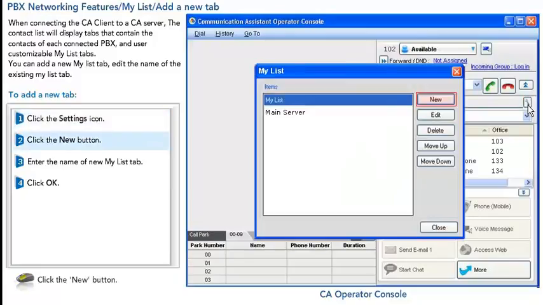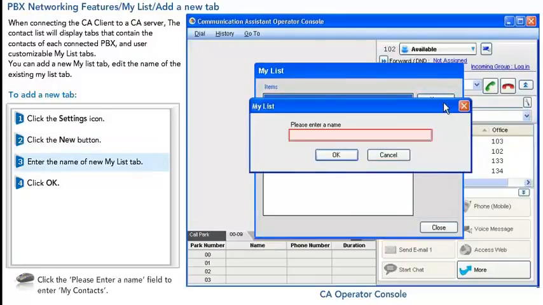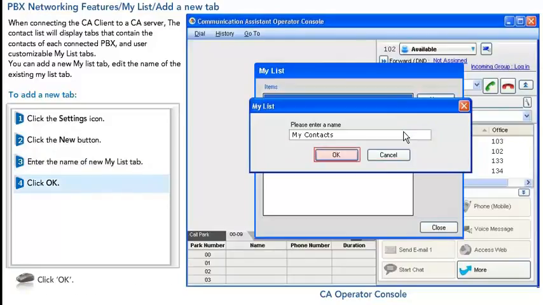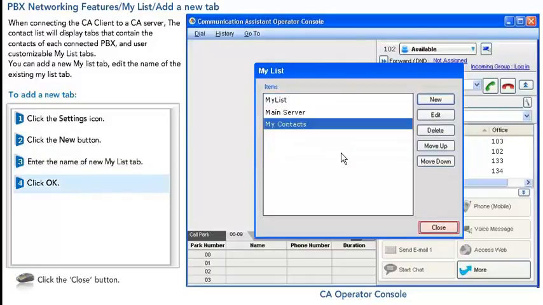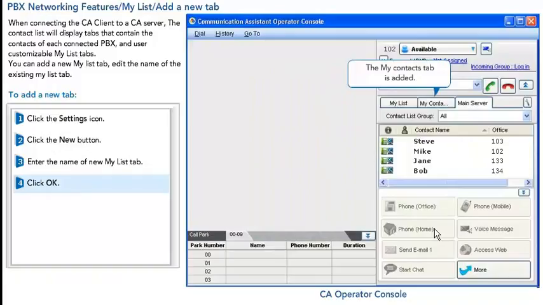Click the New button to add a new tab. Enter the name for My List tab. Click OK. Click the Close button. The My Contacts tab will